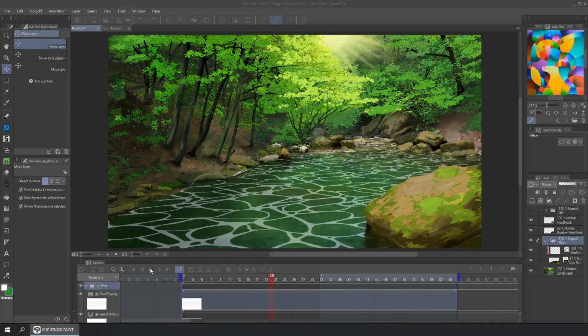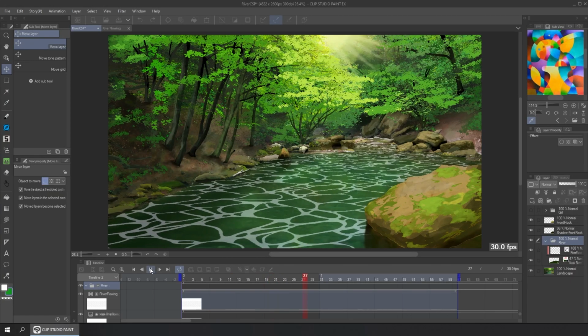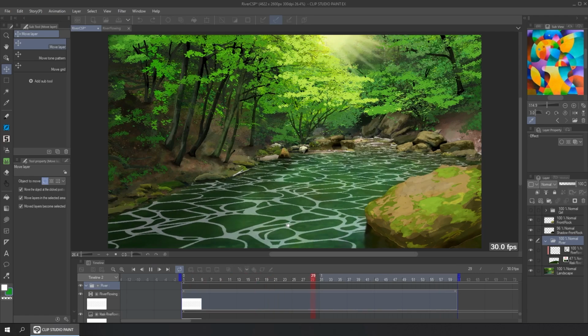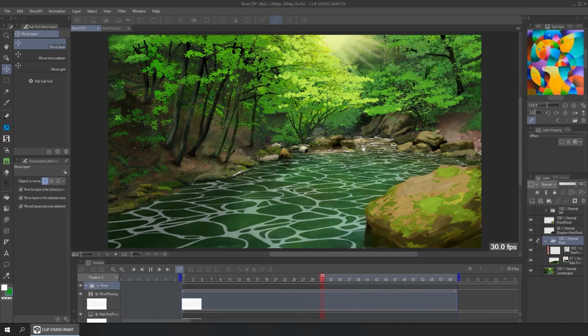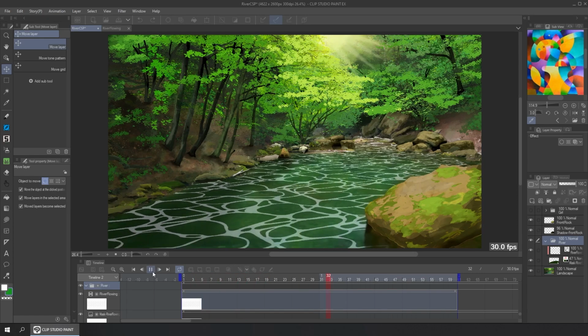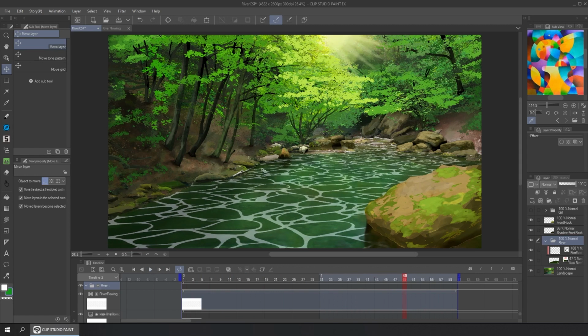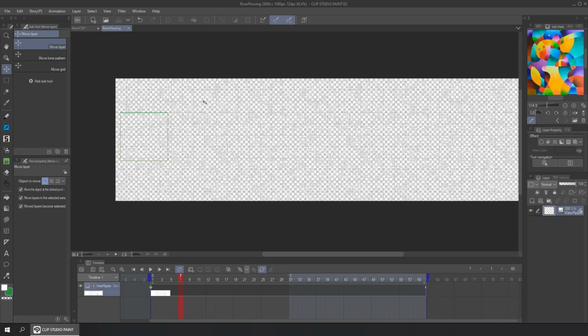Now we can test the animation. And it looks horrible. This is because it has no movement, so it looks like glass. Let's stop this horrible thing. There is no problem. We can fix the animation. It just needs more movement. So in our previous file, we can use a filter to create this extra animation.